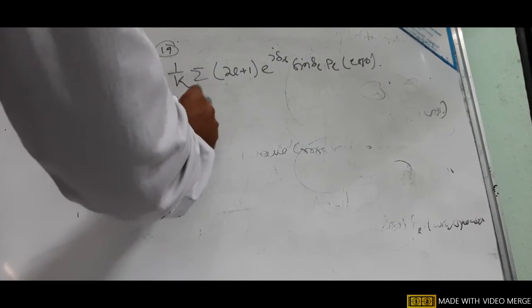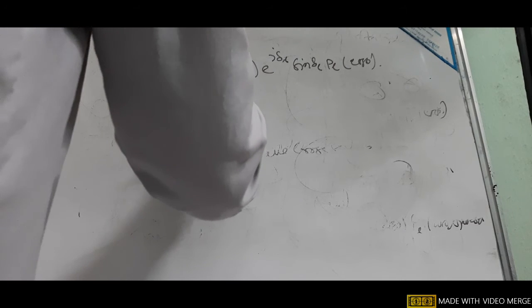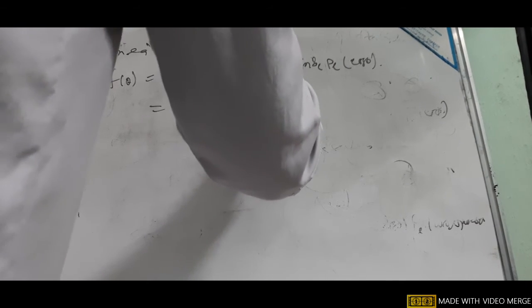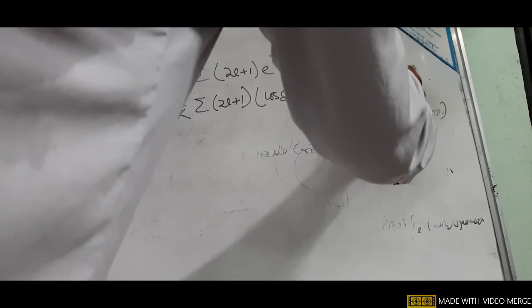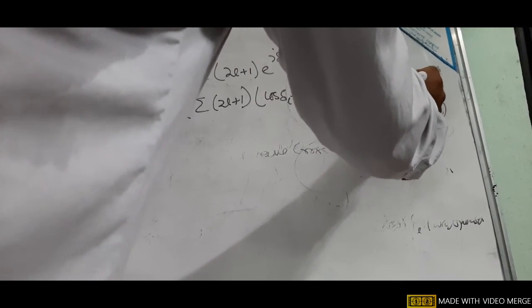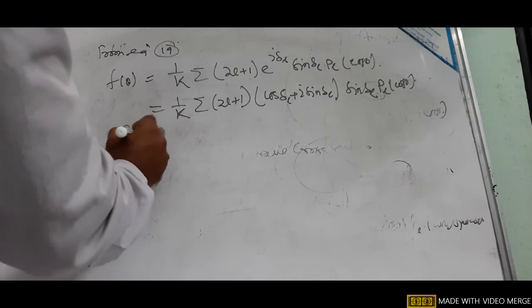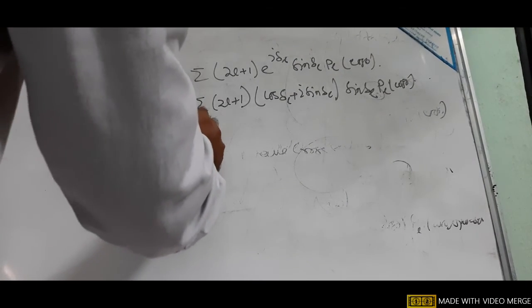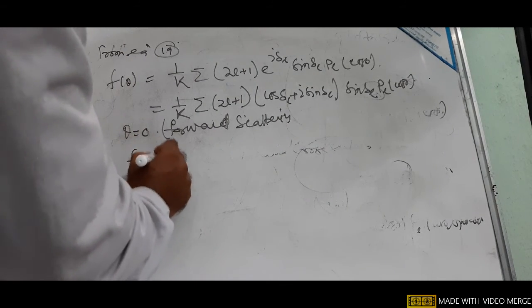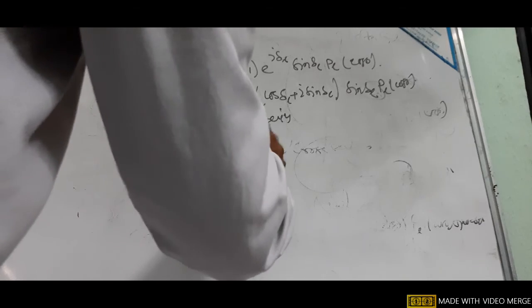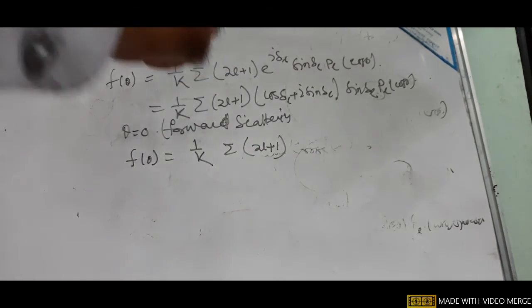So it is 1 by k summation (2l+1), and this is (cos delta_l + i sin delta_l) sin delta_l P_l(cos theta). If you take theta equal to 0, that is the forward scattering, then we can write down f(0), which is equal to 1 by k summation (2l+1) sin squared delta_l,